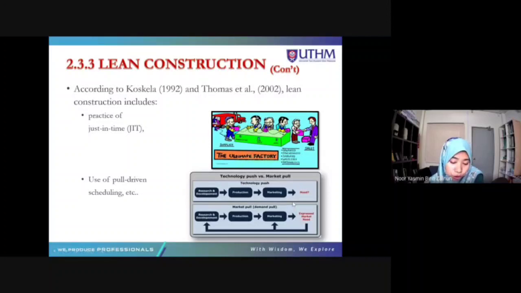Ini kita panggil teknologi push. Okay, market push is on the demand pull. Okay, which is the production is based on the